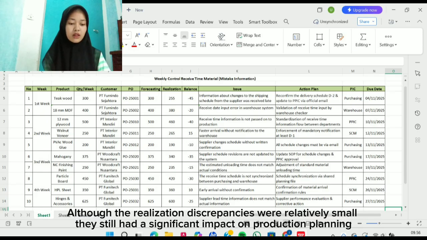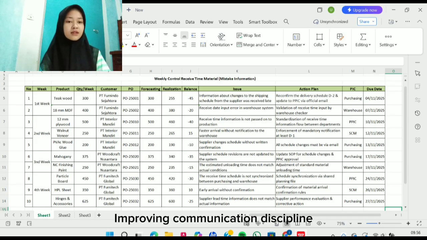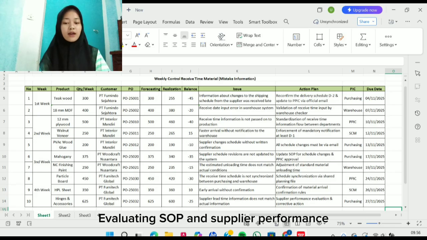Although the realization discrepancies were relatively small, they still had a significant impact on production planning. The action plans were focused on standardizing information flow, improving communication discipline, and evaluating SOP and supplier performance.